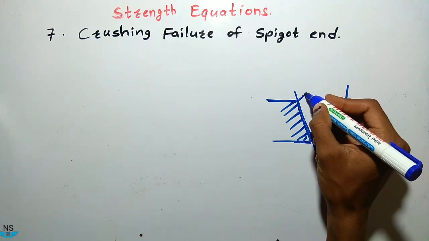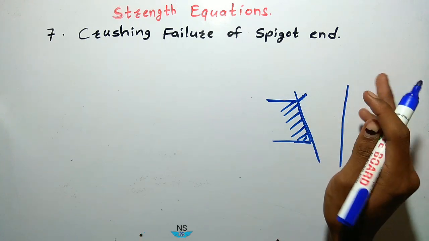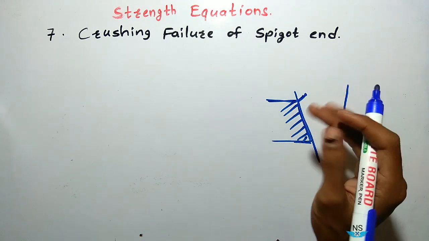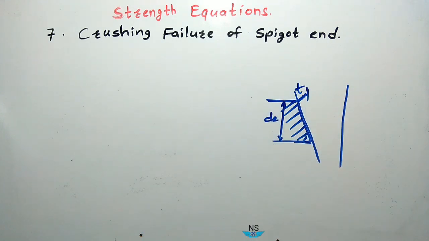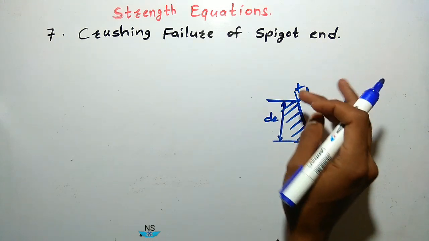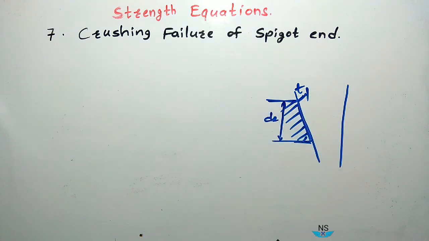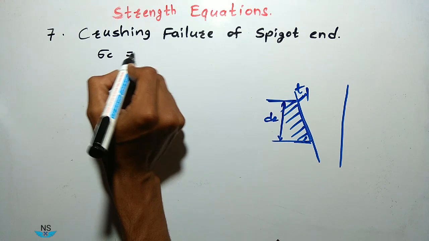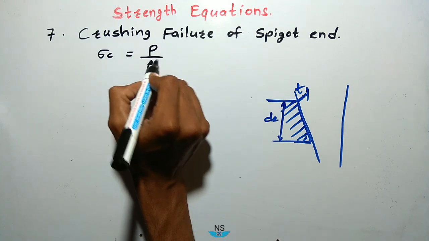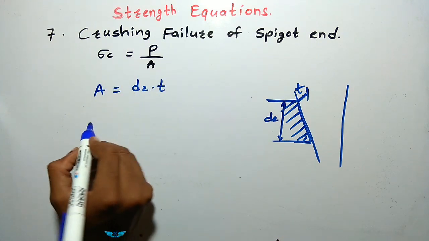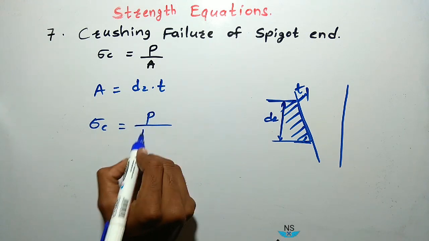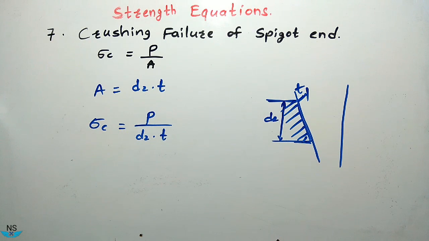So what is this area? So contact is on, मतलब कांटेक्ट कितना होगा, जितनी थिकनेस है कॉटर की, उतना कांटेक्ट होगा. और ये D2 और ये T, मतलब क्रशिंग के लिए कांटेक्ट होगा. तो एरिया क्या होगा, D2 इंटू T. सो क्रशिंग स्ट्रेस सिग्मा C इज इक्वल टू P डिवाइडेड बाई A. सो एरिया क्या होगा, A is equal to D2 into T. So sigma C is equal to P divided by D2 into T. मतलब ऐसे एरिया दिखेगा आपको.